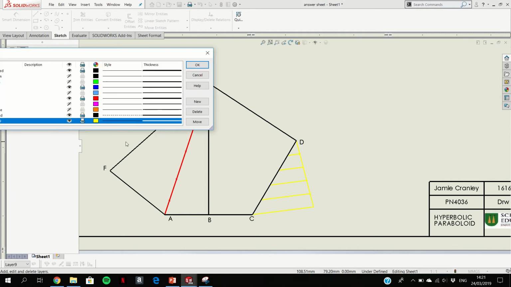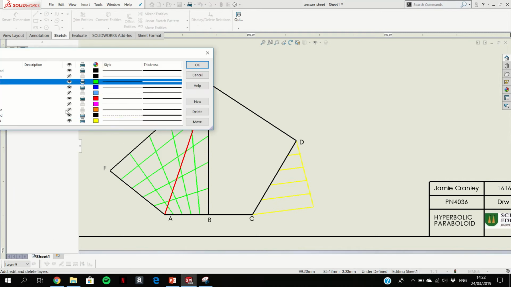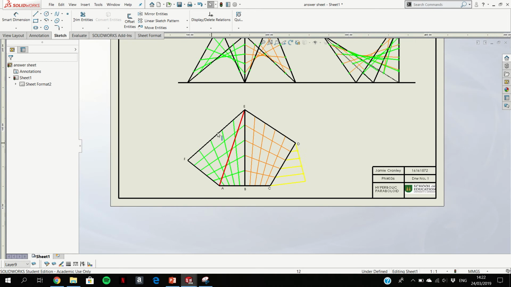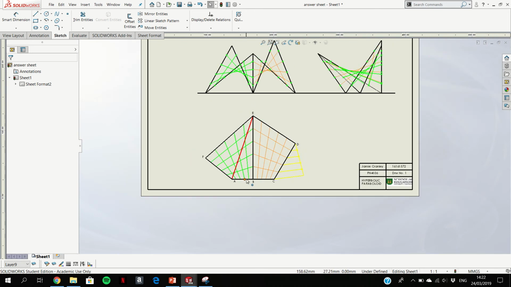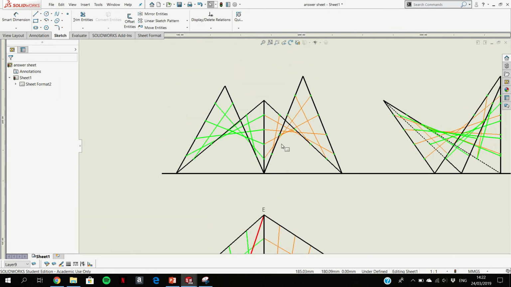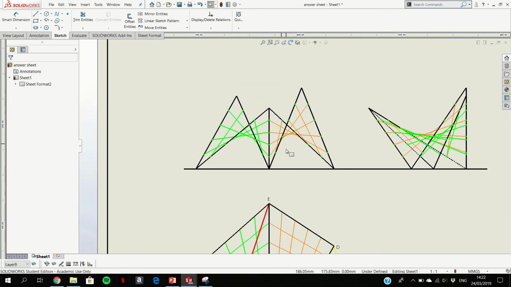So I'm going to show the true layers now. I color coded to make it easier to visualize. So this here is our plan that has all the elements drawn out equally. And then all we have to do is take every one of these and project them up to our elevation. Now to draw our elevation, we have to take the heights that were given in the question,